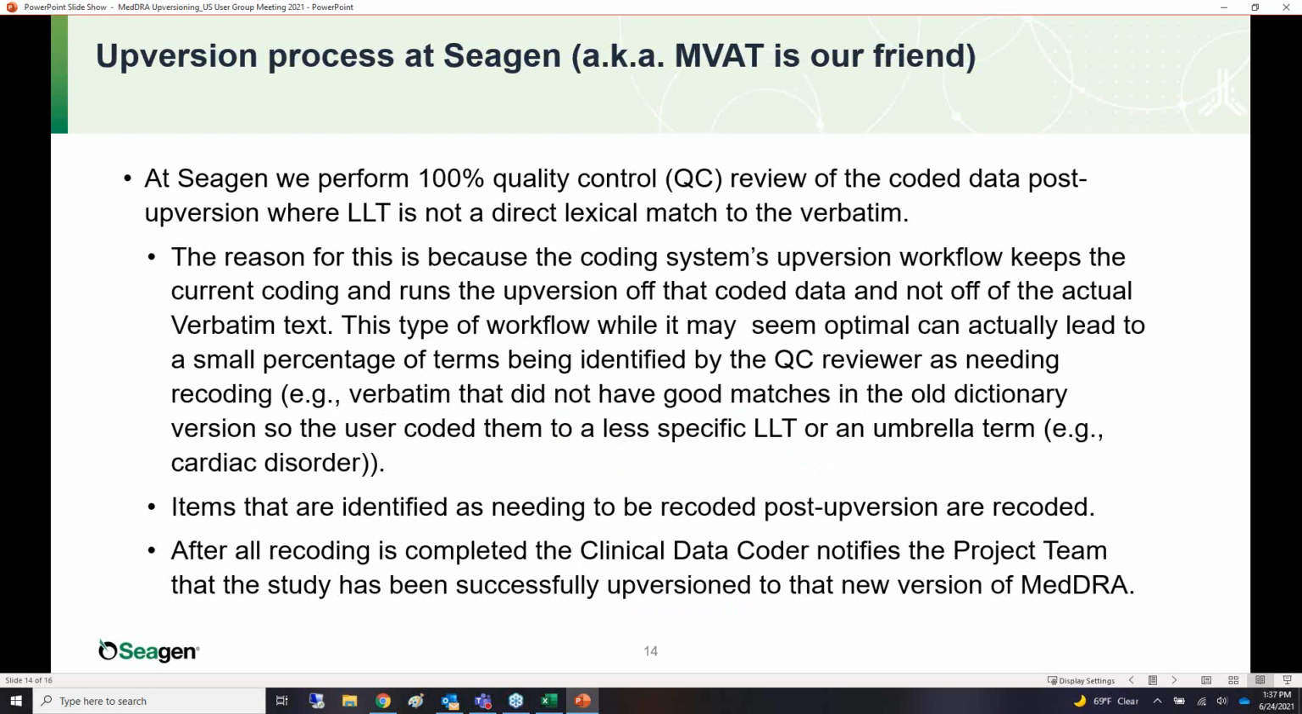Or do you do a random QC? Do you do 100% of everything? Do you do 100% of where it's not a direct lexical match to the verbatim? So at CGen, we take the approach of reviewing anything that is not a direct lexical match to the verbatim,